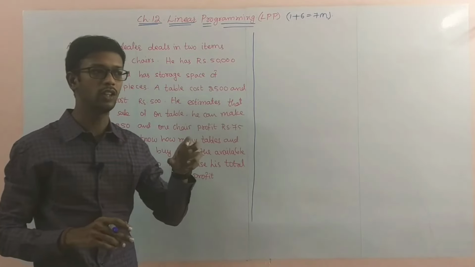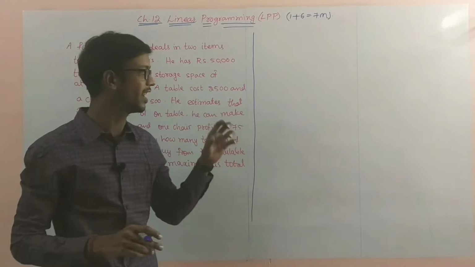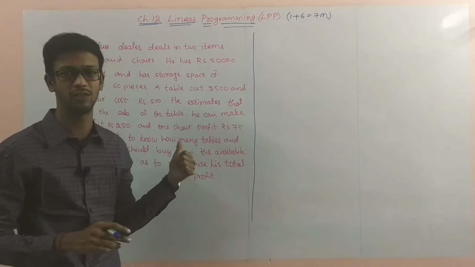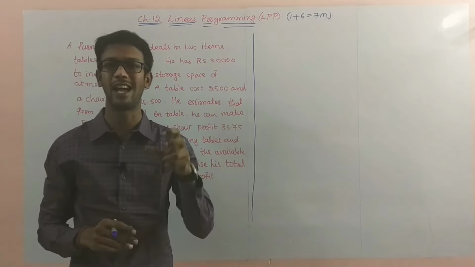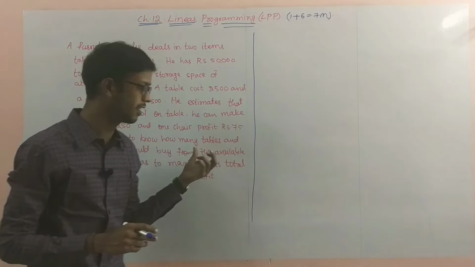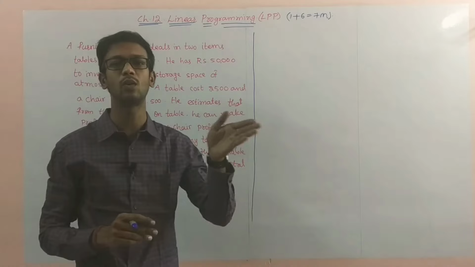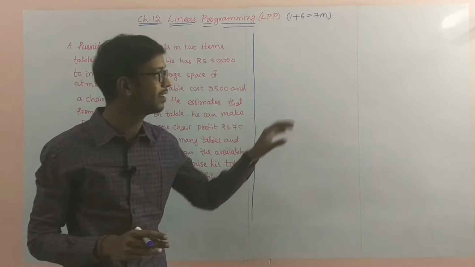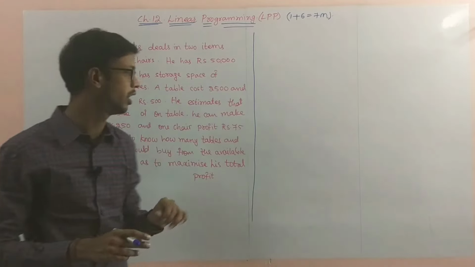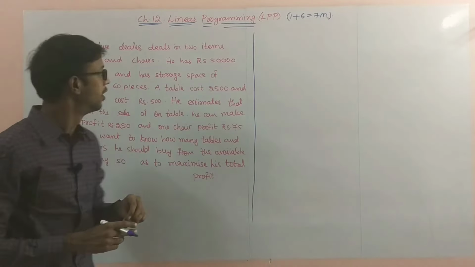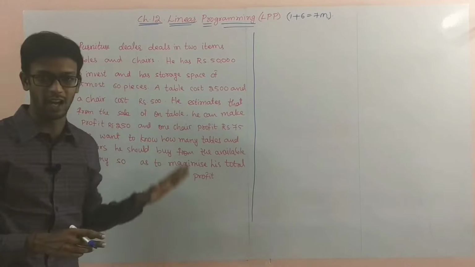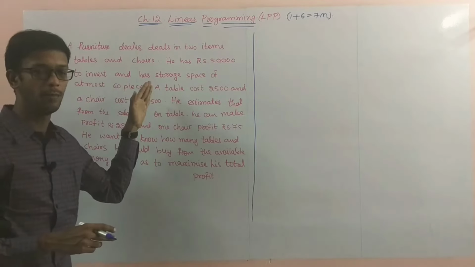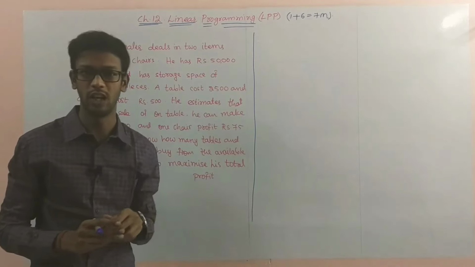One more thing you have to remember in this chapter: question understanding is important, especially for the second exercise. These types of questions only are there in total. The first exercise they'll give directly. The second exercise they'll give as theory, and the theory you convert into equations. The first exercise gives the equation directly, but here it is for understanding the basic definitions. We'll see one example. First of all, read the question carefully, one part at a time, up to one full stop, and convert into equations.